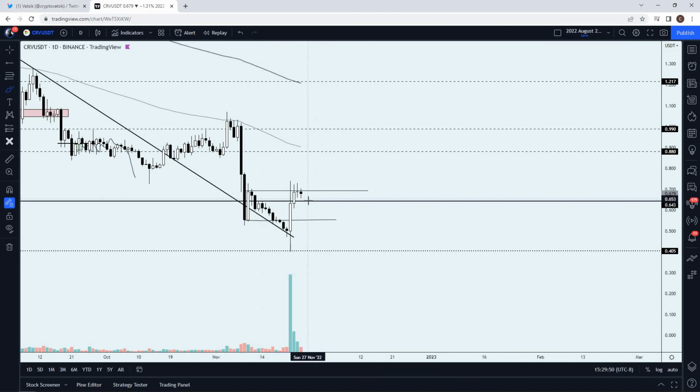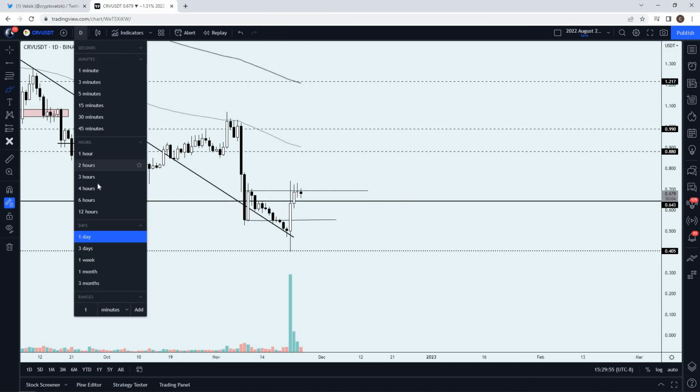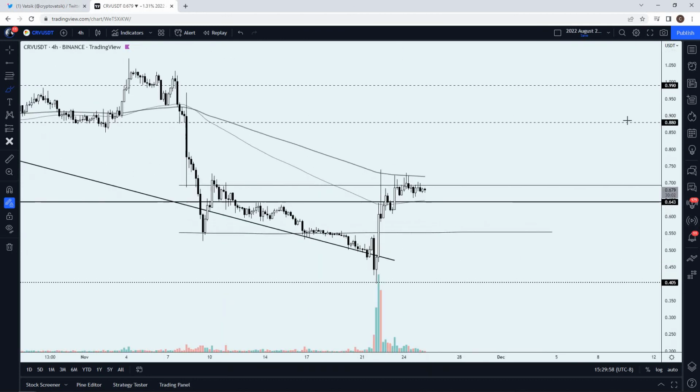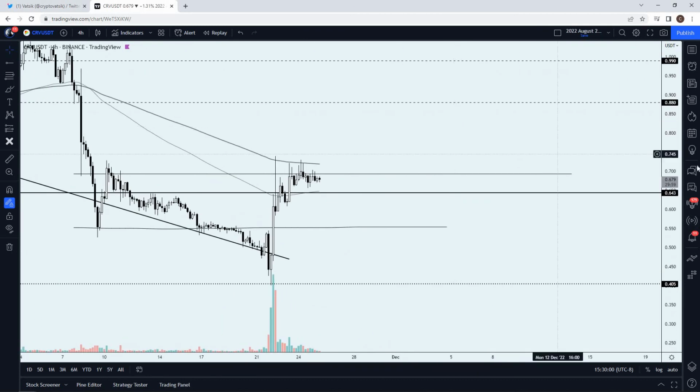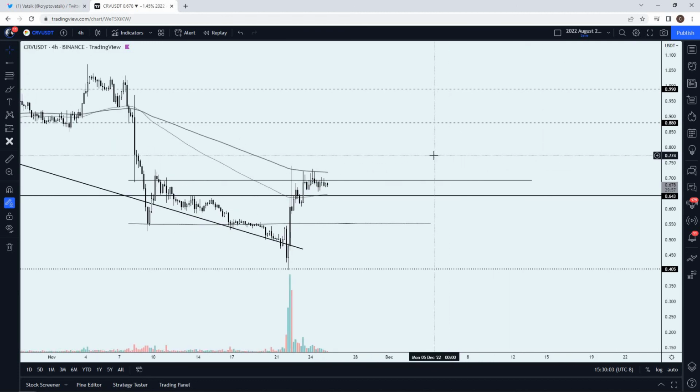I think that Ethereum and Bitcoin don't look so bad right now, so on a lower time frame this might actually want to pop, and I wouldn't be surprised if we saw that. I think the market has been exhausting selling for quite some time, and this action on CRV probably knocked out a bunch of shorts that were taken throughout this price action. So it's possible we get a nice little wick down and then shoot back up and continue the trend. I'd be looking for an entry at this previous low, basically this larger